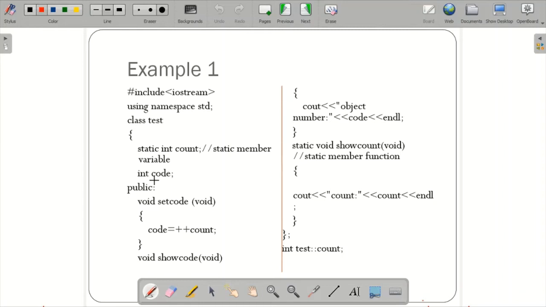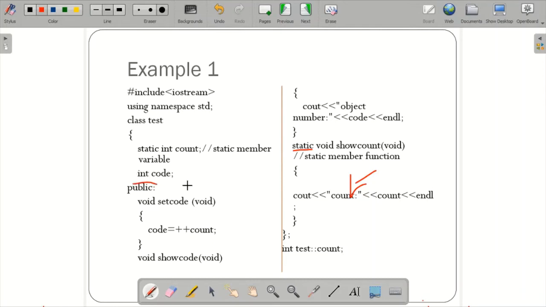So how can you define the static member function? You can define the static member function within that particular class itself. If this is the class, you can use the keyword static and then define that particular function which will do the manipulation for only the static variable. Remember students, only the static variable. Whatever manipulation or displaying is there, only those variables will be used within this particular function, not the normal variable.